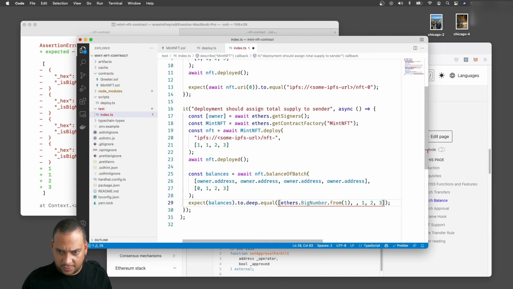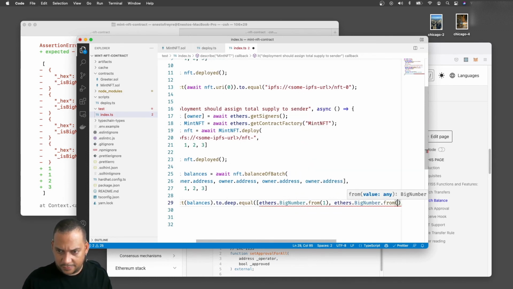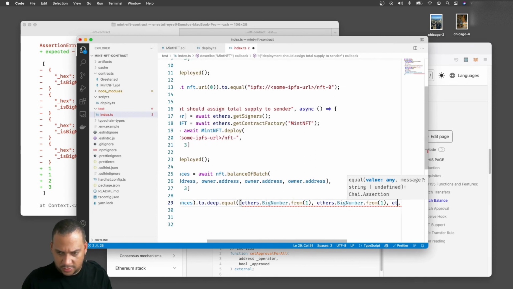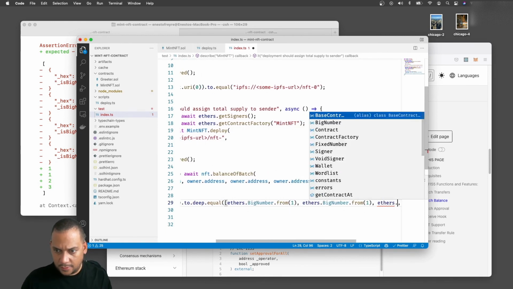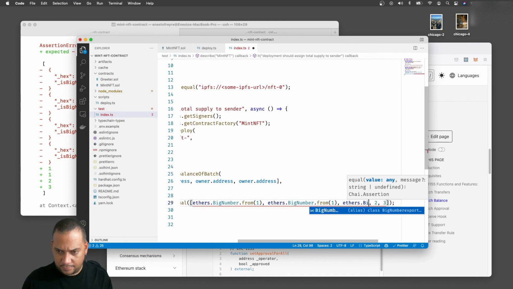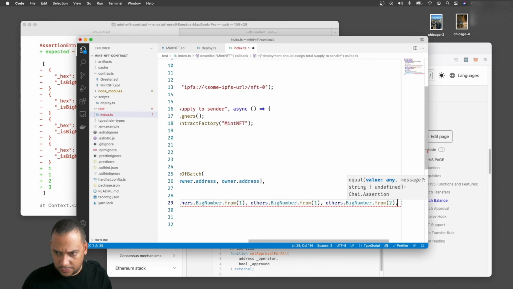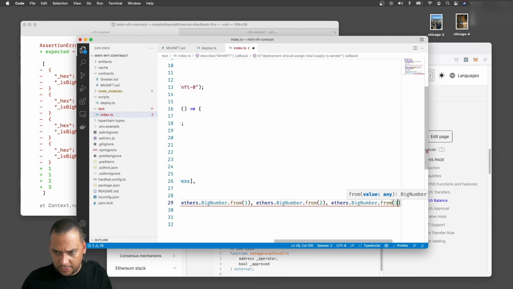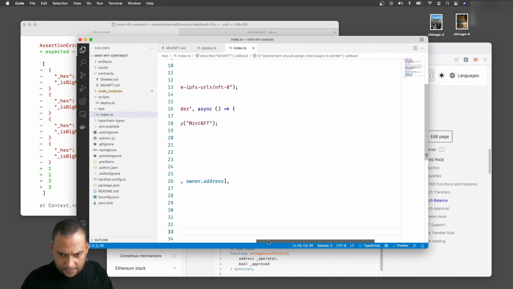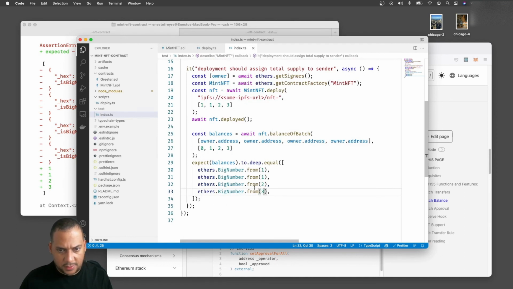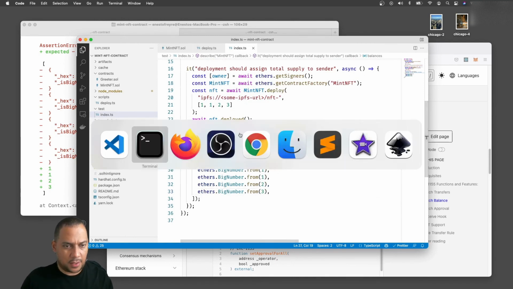Okay, I think this is a better way to do it. Ethers big number from 1. This is a deep equal, so it should potentially match the big number. Let's do this version.